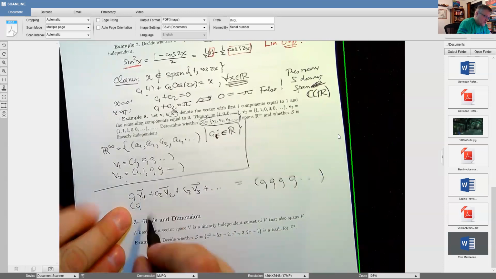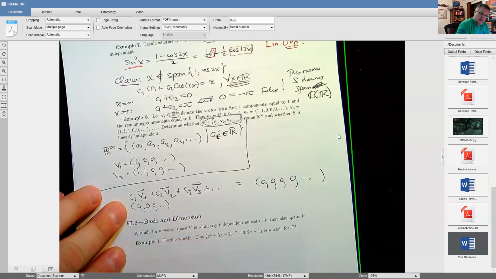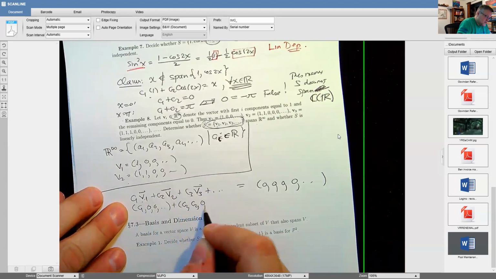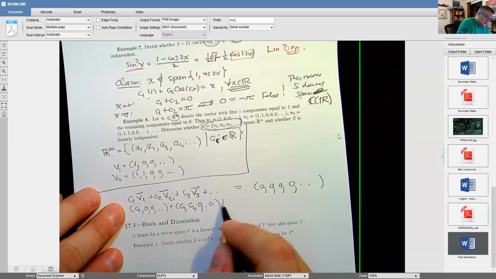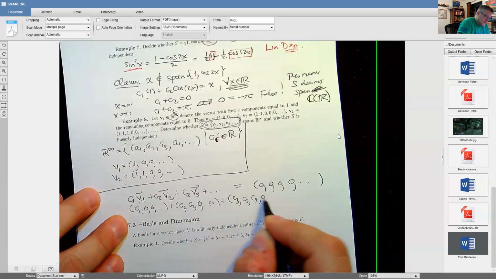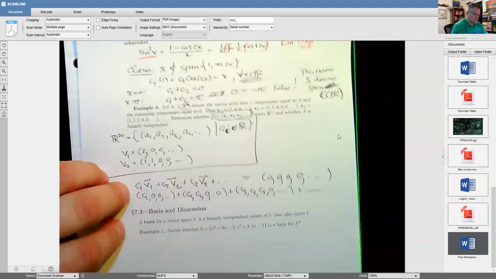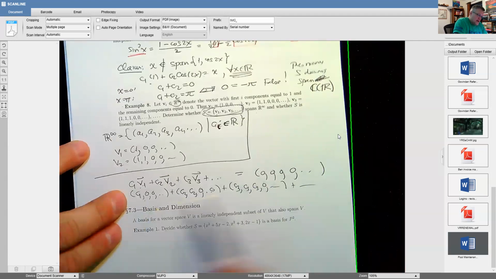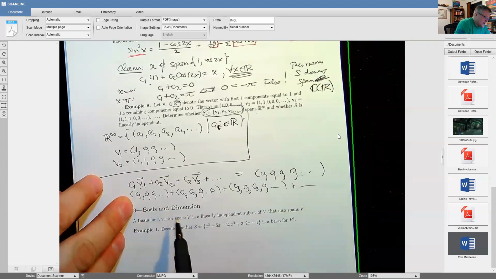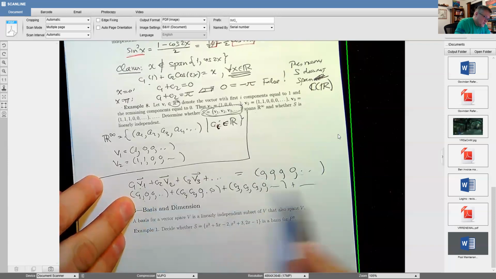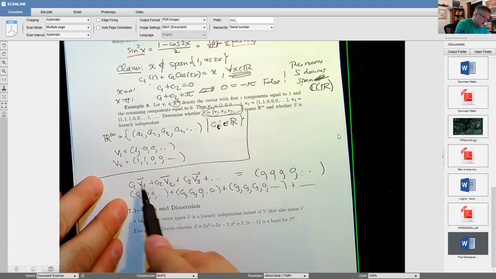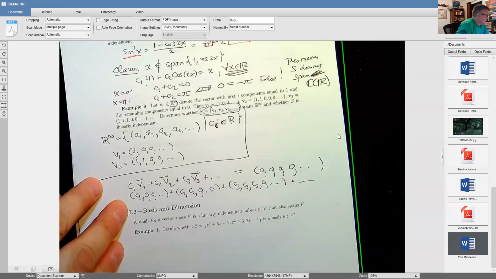So I'm going to get C1V1 is C1, 0, 0, dot, dot, dot, plus V2 is 1, 1. So I get C2, C2, 0, 0, 0, right? Plus C3V3 is C3, C3, C3, and then zeros thereafter, and so on and so forth. All right, the only way, let's start from the first guy here. The only way I'm going to get this equal to the 0 vector is if C1 is equal to 0. Right? There's no way I can multiply these guys by,